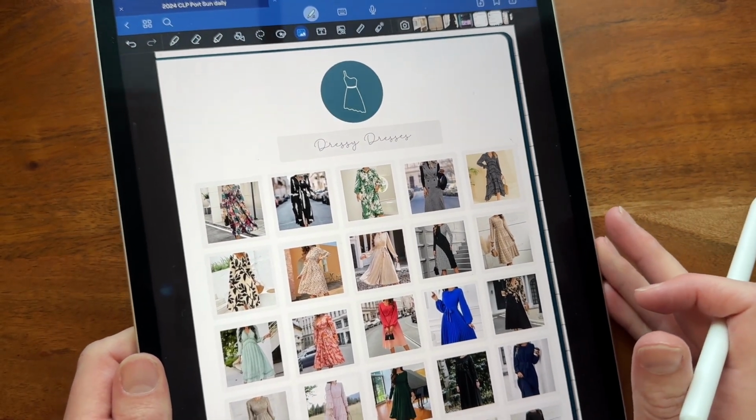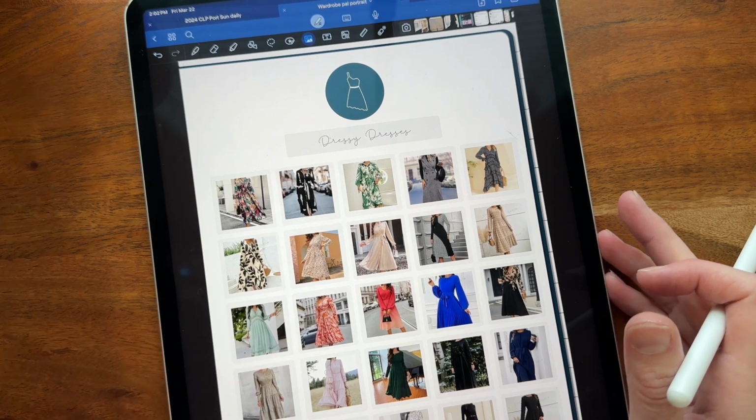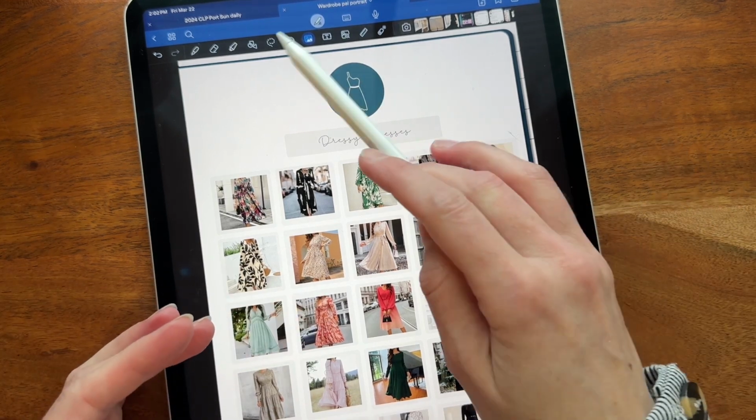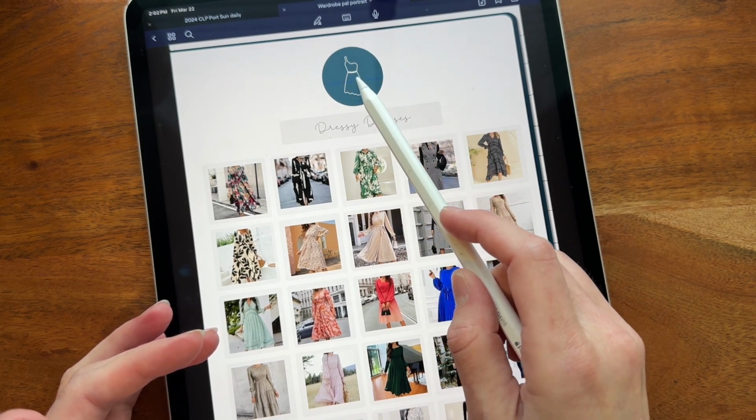So I need to go find something lavender so I can match him and my kids. And so that's another fun way that you can use this Wardrobepal. So we're going to go back to, if you click on the dress here, it'll take you back to my